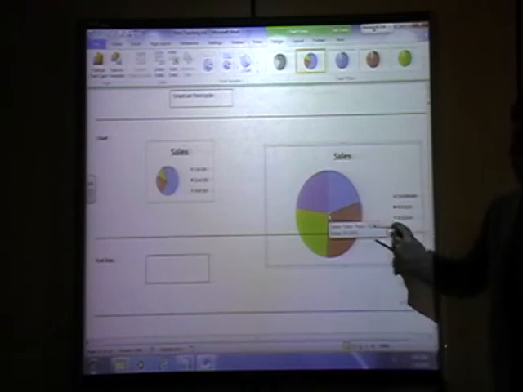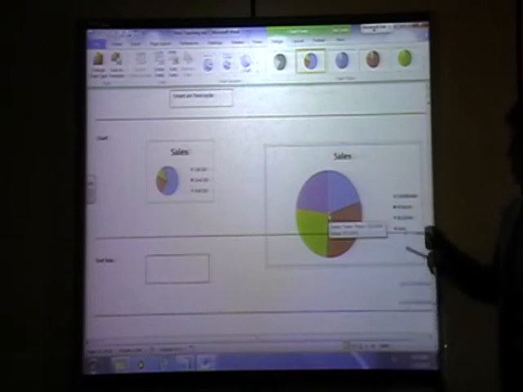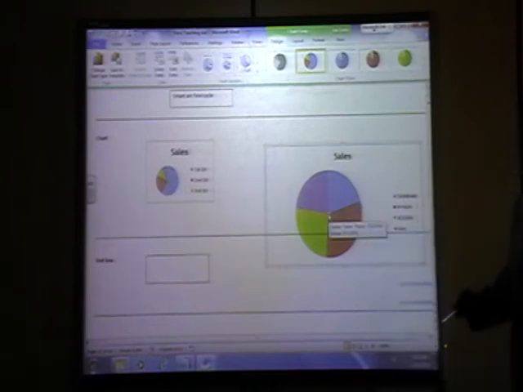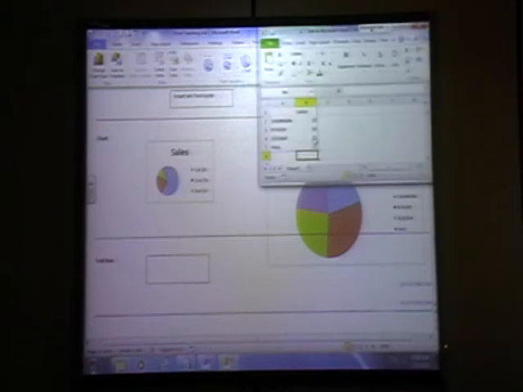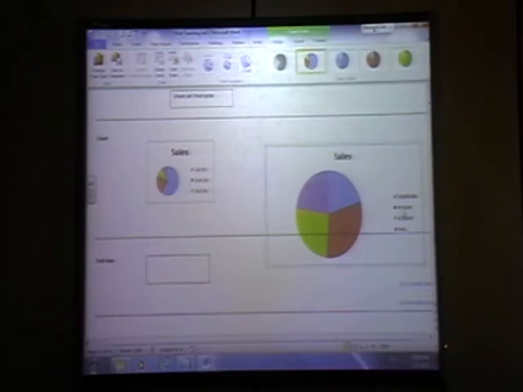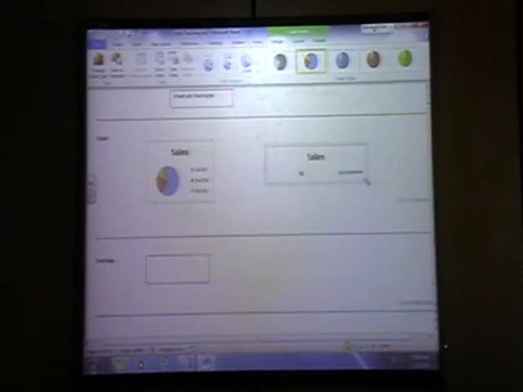Can you tell from this picture which city has more temperature? If you want to know, edit data, you can see 30, Riyadh temperature is more. You can see here, Riyadh temperature is more because it takes more space. If you want to make it small, you click and make it small. Okay.